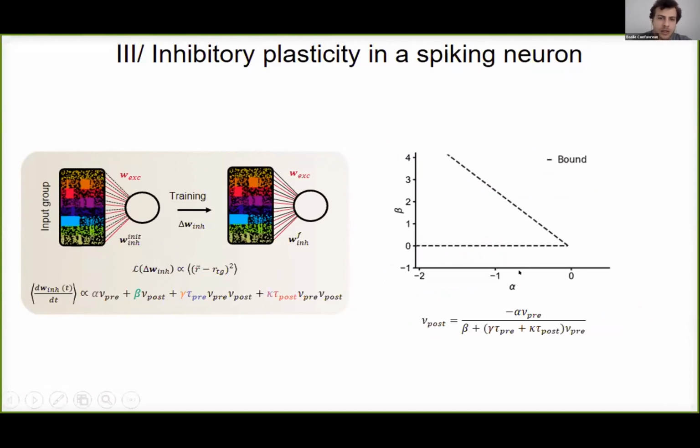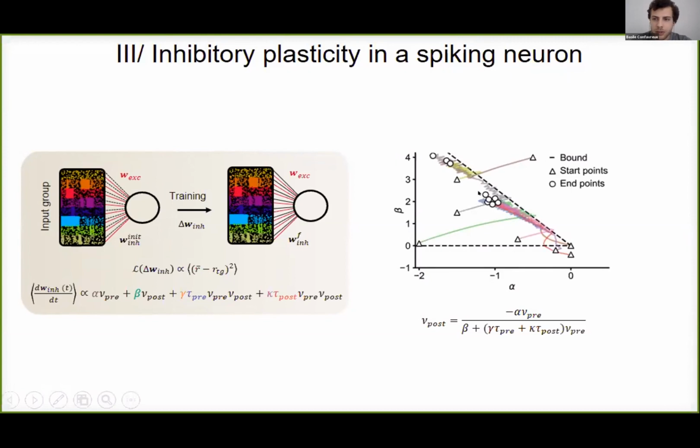We choose to plot these trajectories in the alpha-beta plane, the 2 plasticity parameters from before, which seem to be important in the figure I showed you. And these dotted lines define a cone in which plausible solutions from this steady-state equation live. And importantly, this diagonal line has only the solutions for which all the terms except alpha and beta are 0. So let's now plot the optimization trajectories, and they start from triangles and they go to the dots.